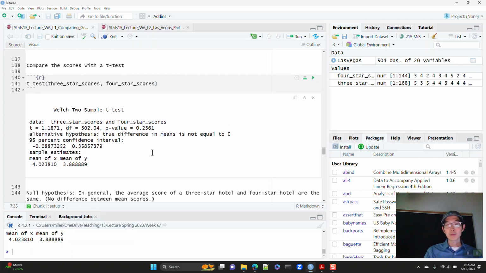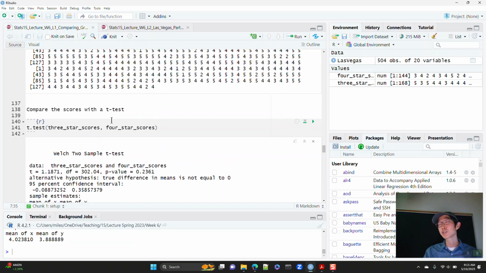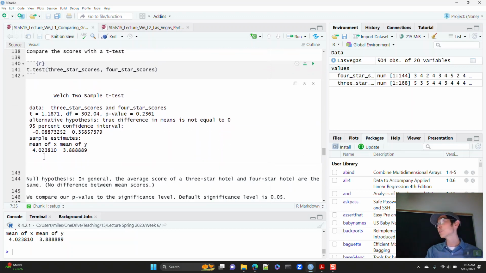Similarly, if we look at this vector of 3-star scores and the vector of 4-star scores, the average of the 3-star scores is 4.02, and the average of the 4-star scores is 3.88. What this is saying is that even if the average review for 3-star and 4-star hotels are the same in general, by random selection, you select some random scores for the 3-star hotels, you select some random scores for the 4-star hotels, and you might get a difference.